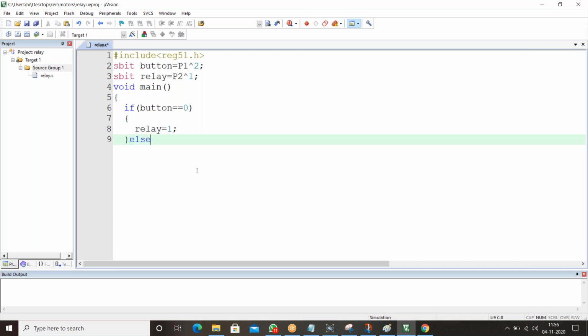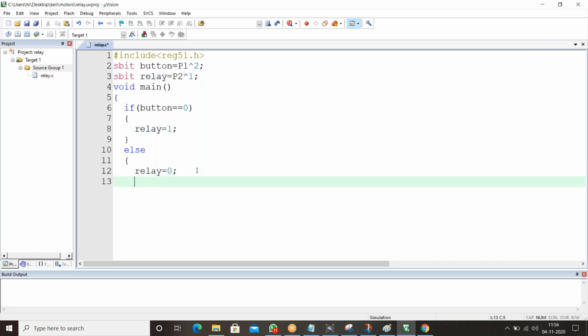Else relay should be 0. This is a very simple code, guys.